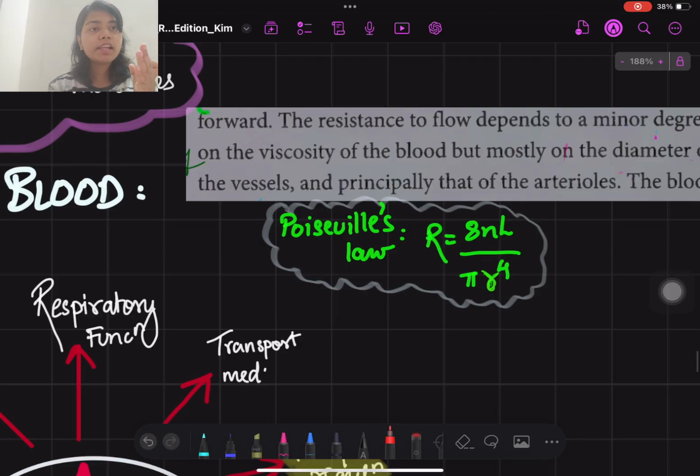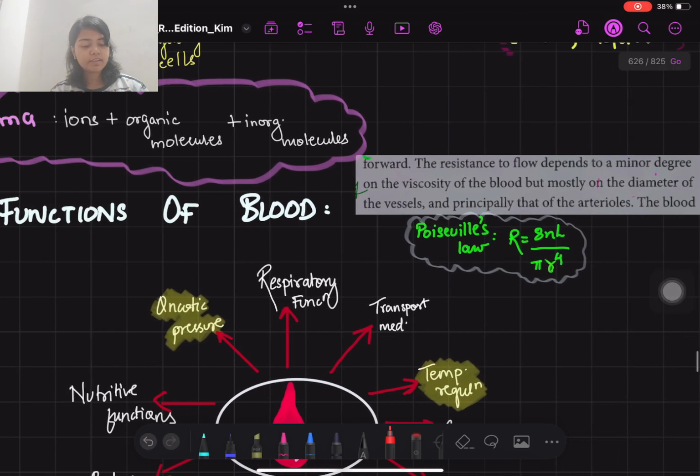Viscosity means it is the resistance to the flow. Viscosity is basically how thick the blood is, okay? So resistance does not depend that much on the thickness of the blood. It will mainly depend on the vessel's radius, okay? So